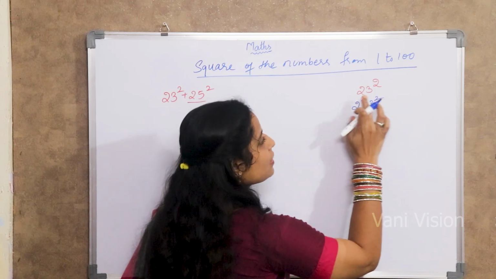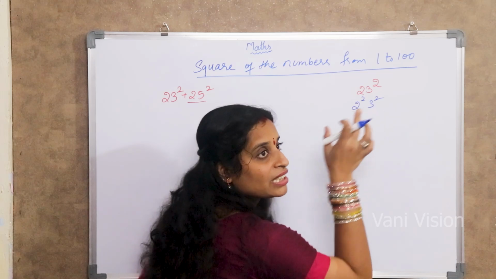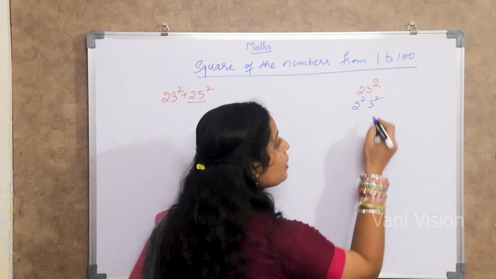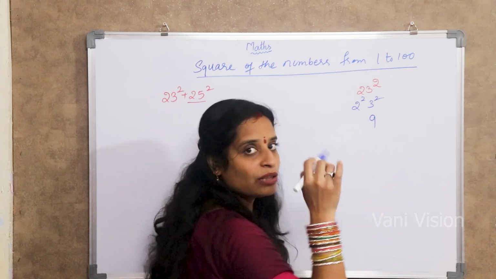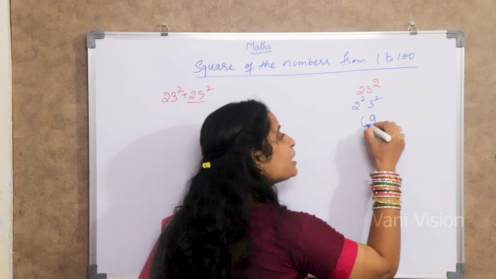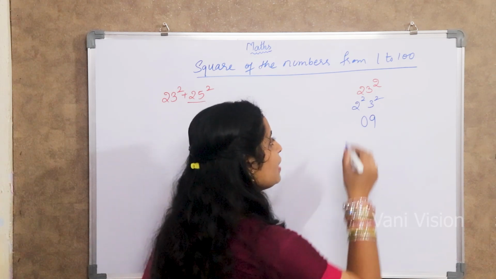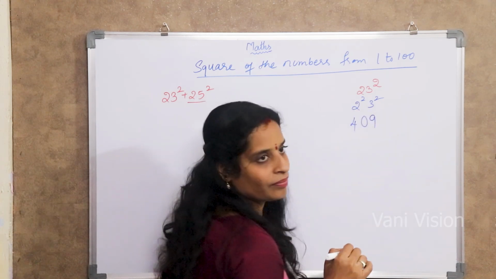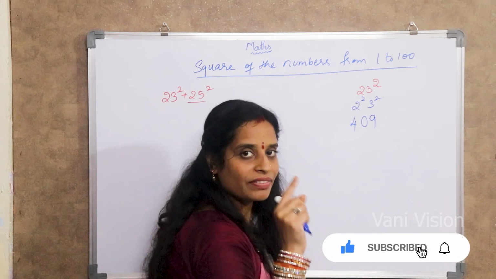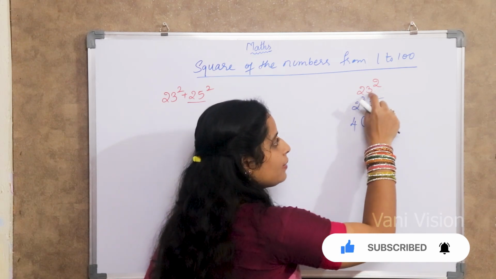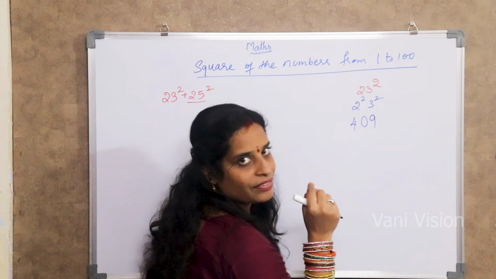Now see, just we are making it like this. It was just our assumption, like this. No need of mentioning it all the time like this. Clear? 3 3s are 9. So 9 should not be written individually as 9. Always we should mention 0, 9. Then 2 square is 4. It was clear up to here, right? This is our first step. Whatever the numbers given, that should be squared. 3 3s are 9, 2 2s are 4. So 409 I have written.